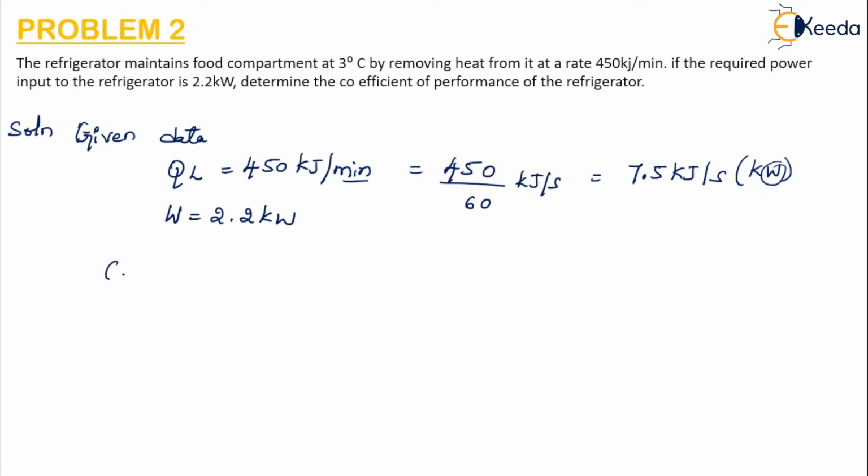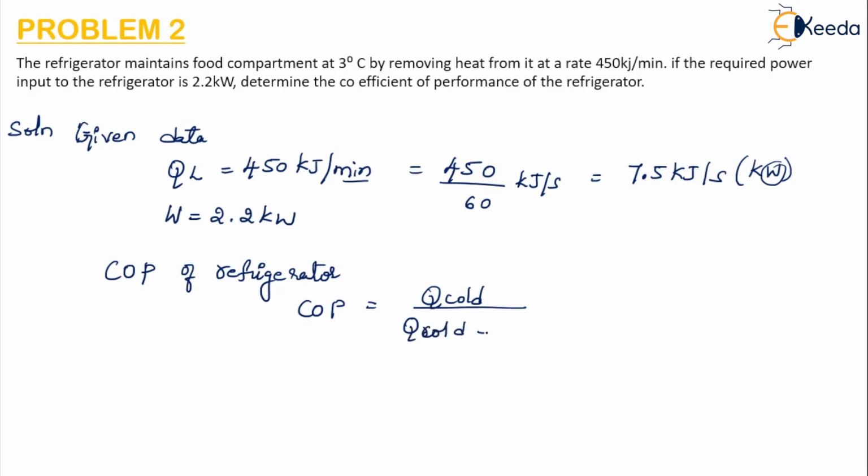Now they are asking us to calculate the COP, that is coefficient of performance of the refrigerator. So COP is given by Q cold divided by the heat rate, cold minus hot. So in terms of COP, we write it as QC divided by QC minus Q hot, or we can write it as 7.5 kilowatt divided by